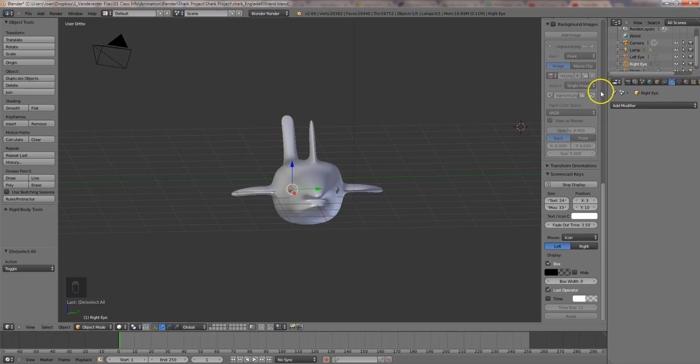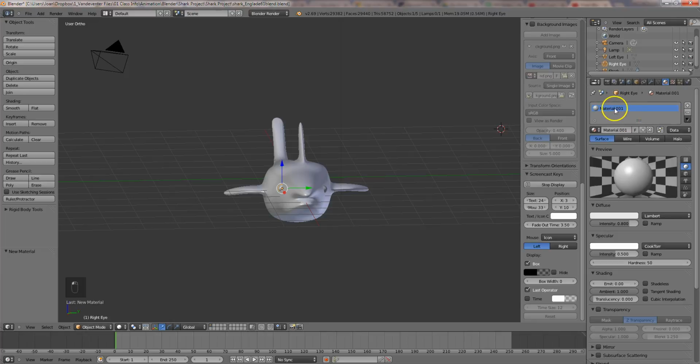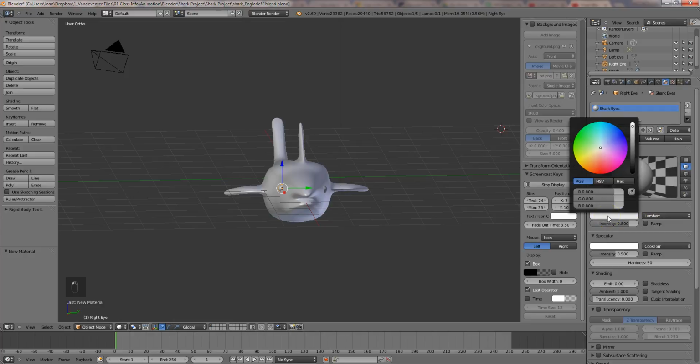Okay, so we are going to add a material to this, so pull out your menu if you need to. I just kind of right-clicked over that and left-clicked and pulled it out. So there's my materials button, and I am going to click on new, and I am going to call it Shark Eyes. All right, and then we are going to click on this diffuse color right here